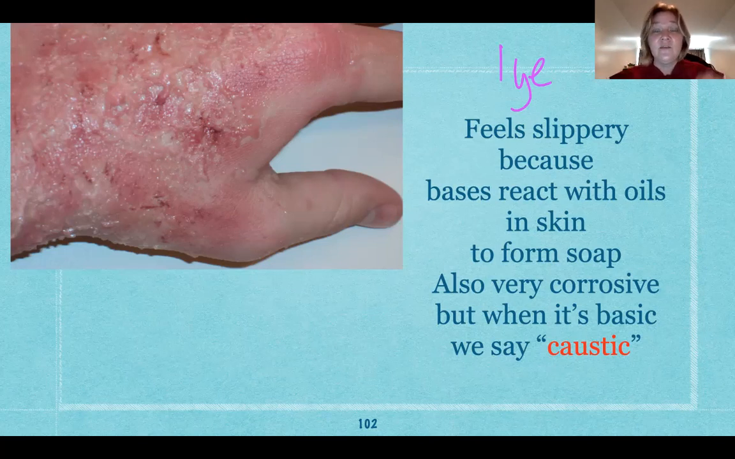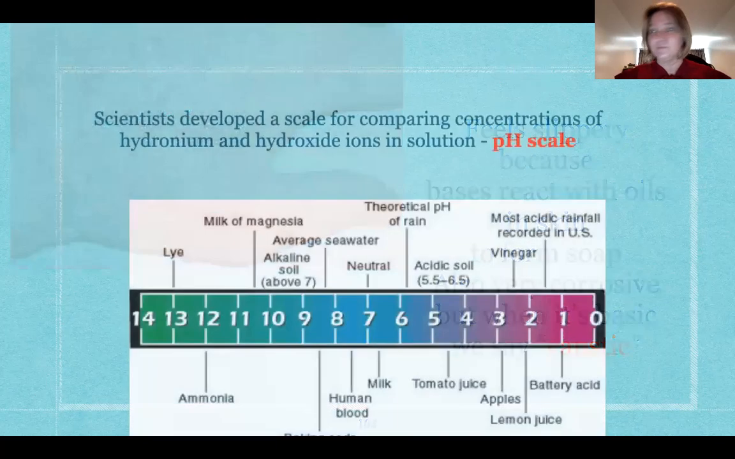But if the concentration of the base is very strong, then it will turn several layers of skin into soap, and that's what you see happening here: it reacts with the oils and turns too much of your skin into soap, and then it just washes away. Painful. So how do we measure the acidity or alkalinity, because it's not black and white, it's not one or